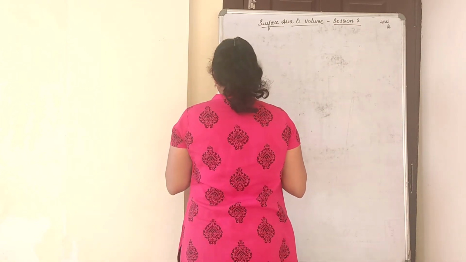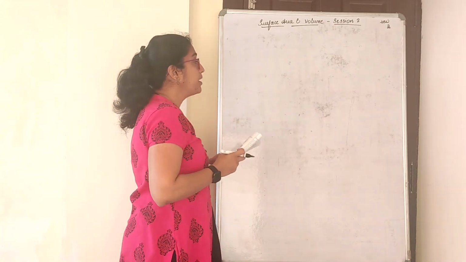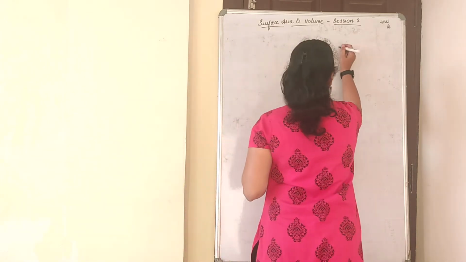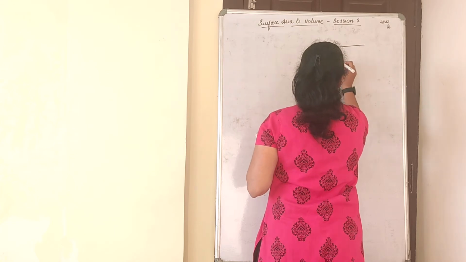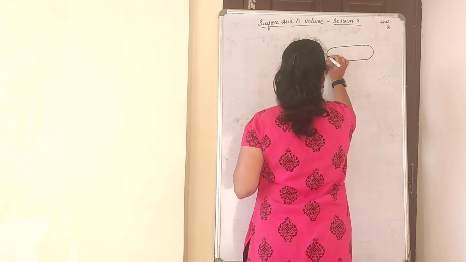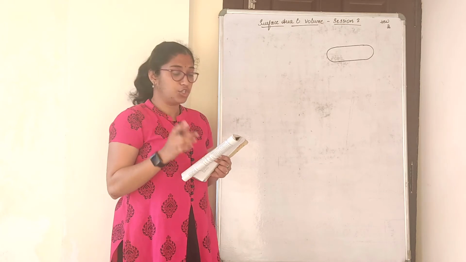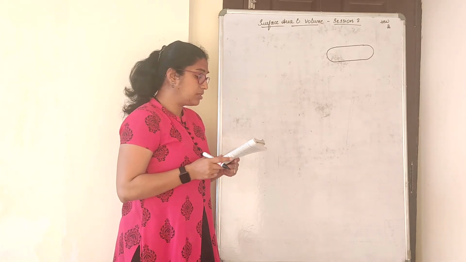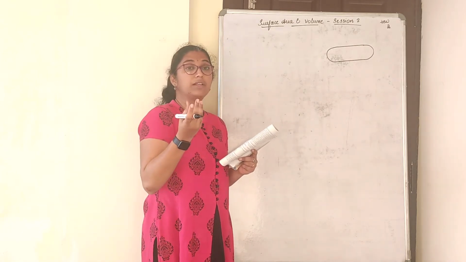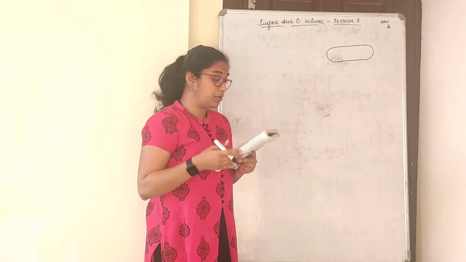A gulab jamun contains a sugar syrup up to about 30% of its volume. Now when we talk about a gulab jamun here, can you see the shape of the gulab jamun? According to them, the gulab jamun shape is like this. It is not usual round. It is cylindrical with two spheres attached. And assuming that all gulab jamuns are of the same shape. If you know the volume of one gulab jamun, it will contain syrup of 30% of its total volume.